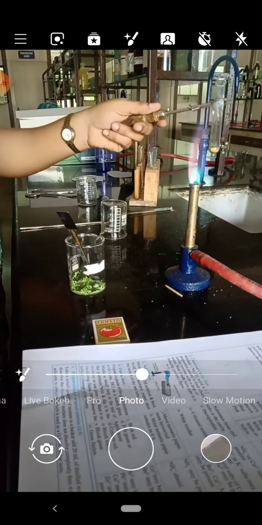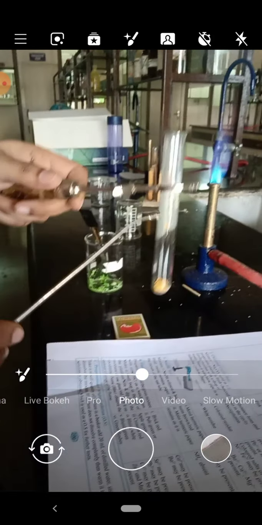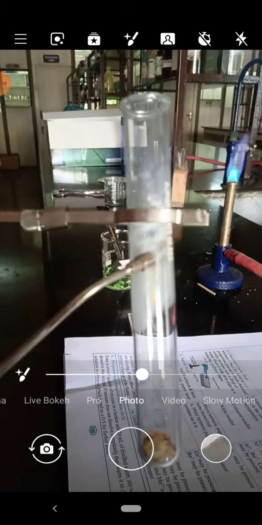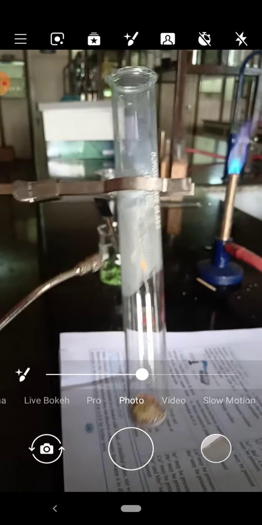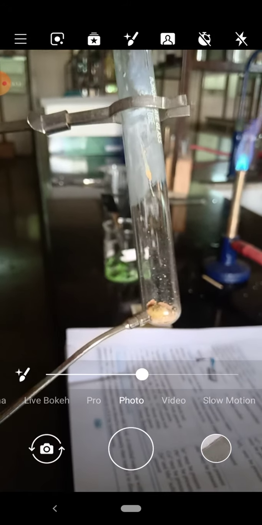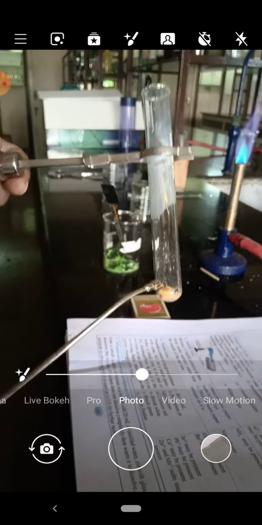Colored residue is there. See, the possible observations are sublimation, white sublimation is formed. See the test tube carefully. This test tube is clean. Over here some sublimation is there. This sublimation is due to the presence of ammonia or ammonium salt. That's why it is going to show sublimation. And this is called the residue, and it is a colored residue. So our observations for heating in a dry test tube are formation of white sublimation and colored residue.